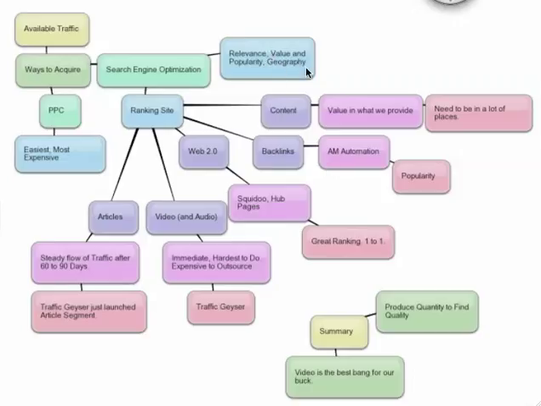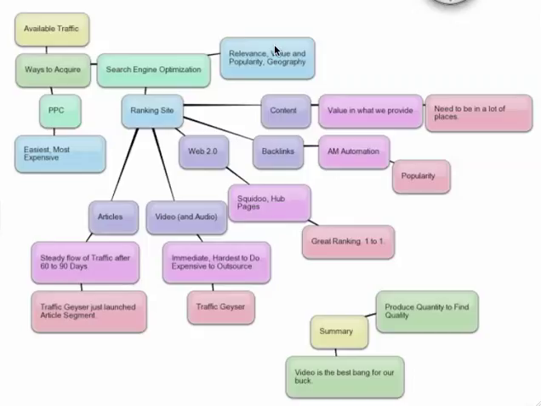You've got to be in the places where people are searching to provide value, and this is the biggest thing. We've got to be where people are as quickly as possible. So yes, we want to have good relevance and value when people get there, but the fact of the matter is, if we provide tremendous value but we're not in a lot of places, it's not going to make any difference. So my preference is, let's get there first, provide good value, great value where we can, and then say, oh wow, there's a lot of people here, let's focus on providing more value here.